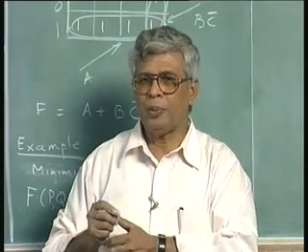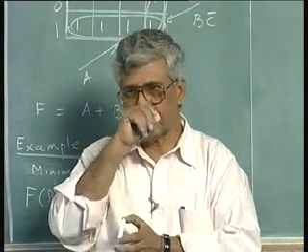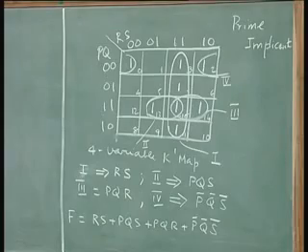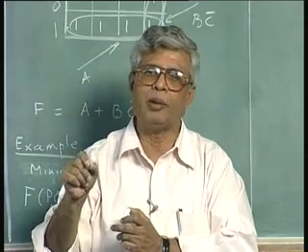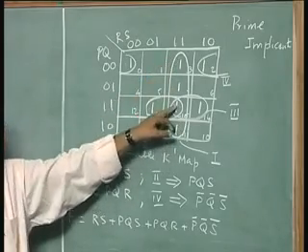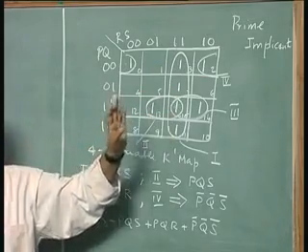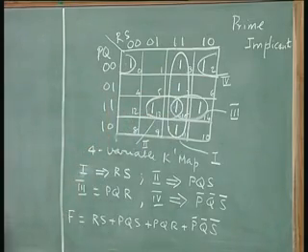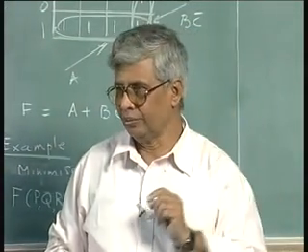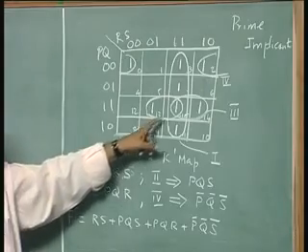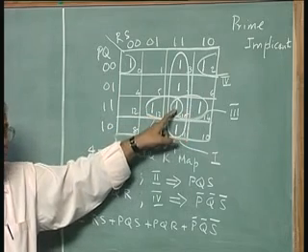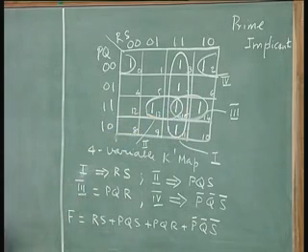And out of all the prime implicants, any prime implicant which is essential for the final representation, I told you two things. We have to make sure all ones should be covered, irrespective of the fact that one can be covered more than once. For example, this one has been covered 3 times. This was covered along with this, it's covered along with this. So that is okay. But each time we have included at least one cell which had not been combined earlier. Is it not? When I wrote this number 2 term, this one has been included new. When I wrote 3 term, I included this one new. So an essential prime implicant,